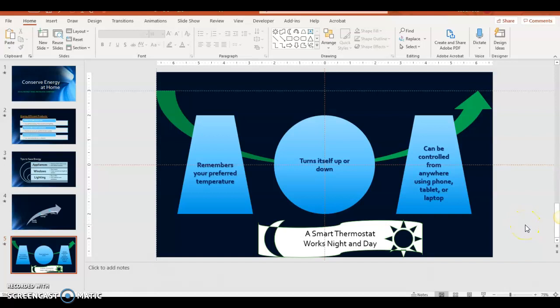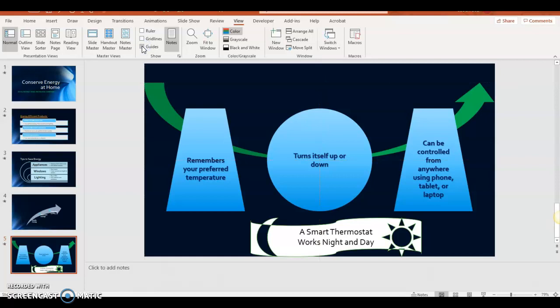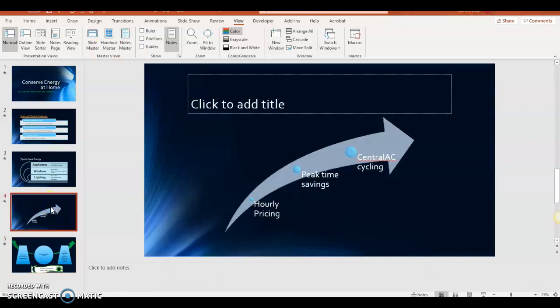Now we're going to hide the grid and guidelines. So I'm going to go back up to my View tab, and I'm going to click to turn off the ruler and the guides. And we're going to apply a picture fill to a shape. So display slide number 4, and we'll be ready to